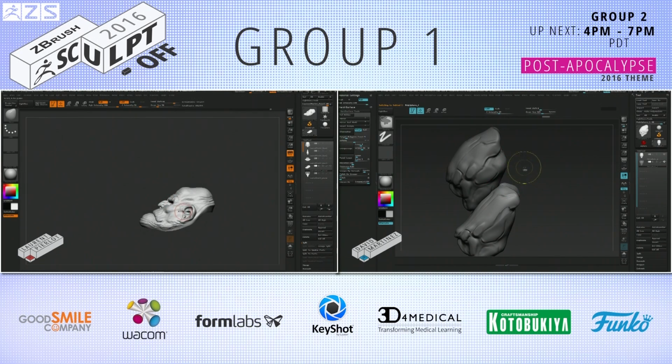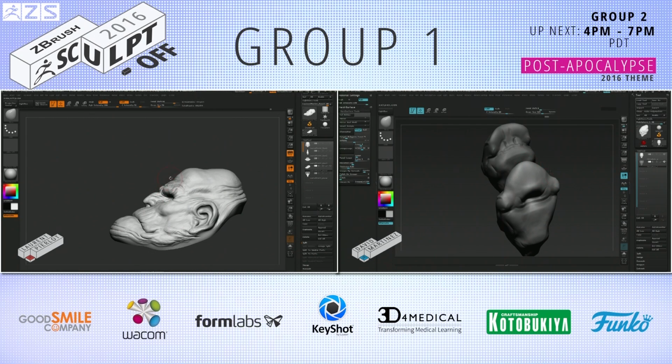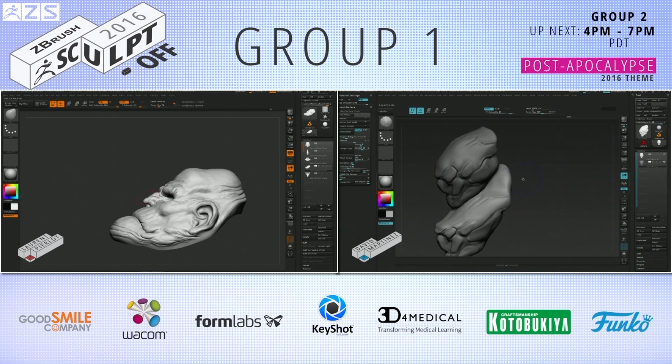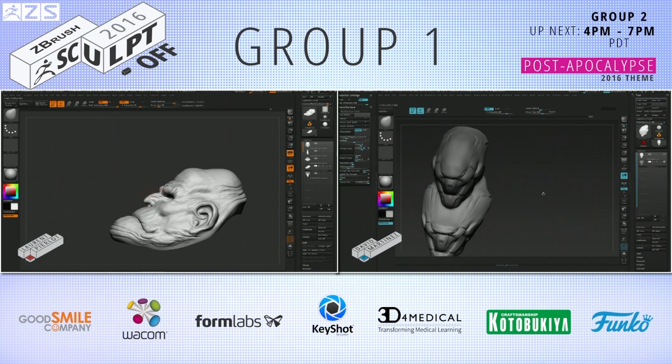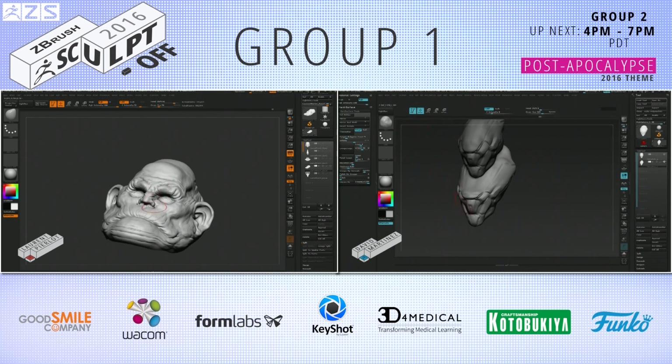One thing that's interesting when you watch these guys sculpt is they don't often use tons and tons of brushes. And this kind of goes back to a traditional background as well. Maybe 5 brushes they'll end up using for the entire time they're sculpting. Especially if you're doing a lot of freeform stuff, you're defining the shape. You're not specifically trying to do a thing. Like when I make a new brush, it's because I have a specific problem I'm trying to solve in my sculpture. Or the brush